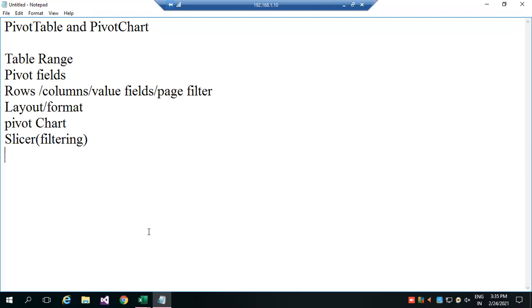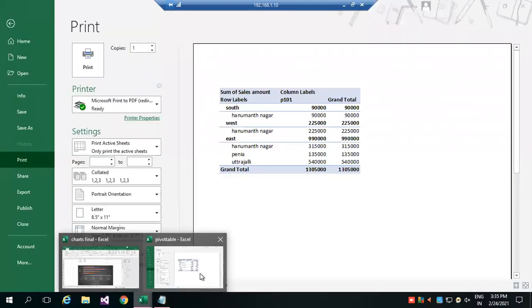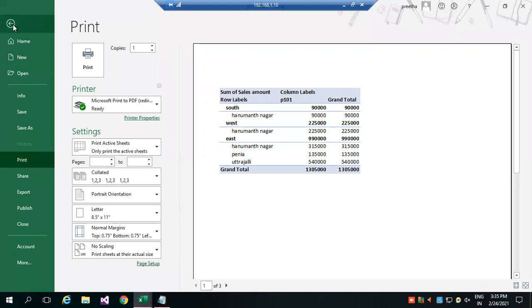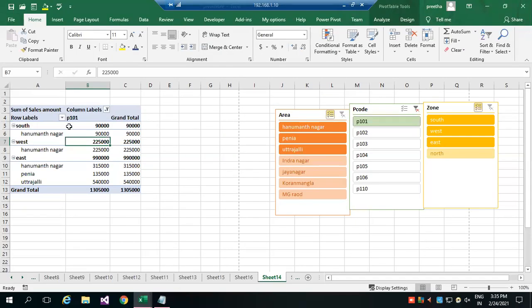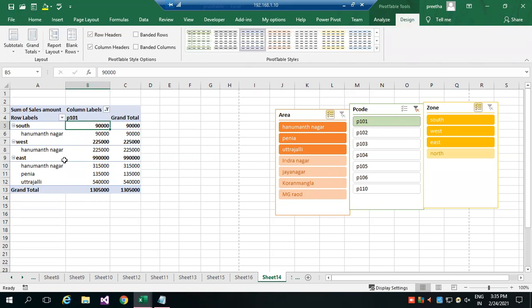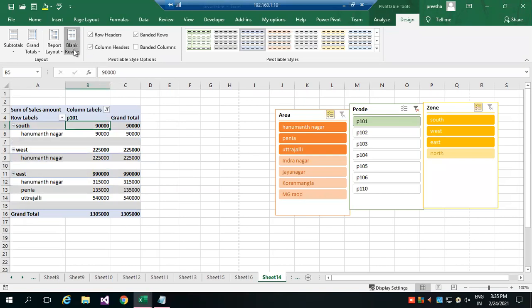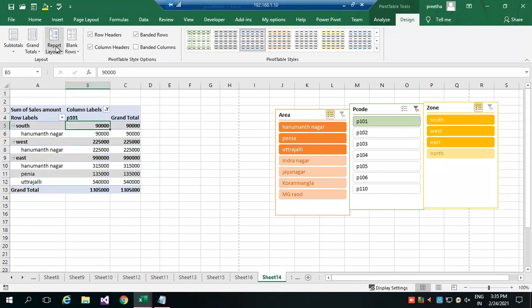Okay. So everything is here. And how do I use these options? Only that I should know. Here I can make banded columns or banded rows alternatively to highlight it. Row headers I'll remove, column headers I'll remove. And blank rows, insert blank rows after each item. You can add extra rows if you have more data.